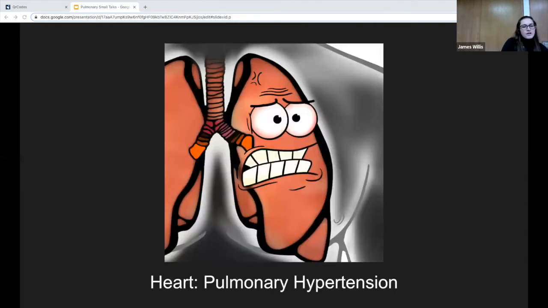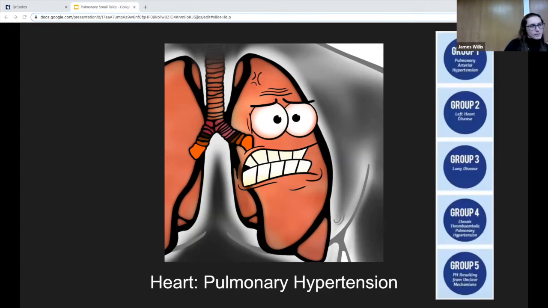Pulmonary hypertension and other things that cause increased right heart pressures. This is a very broad topic, very complicated. These patients are extremely difficult to intubate. They're very sensitive to many things, but it's worth keeping in mind what's the cause of their increased right heart pressures. There's a grouping that's usually more for chronic pulmonary hypertension, but thinking about it can help you think about your differential of what's causing these increased right heart pressures,